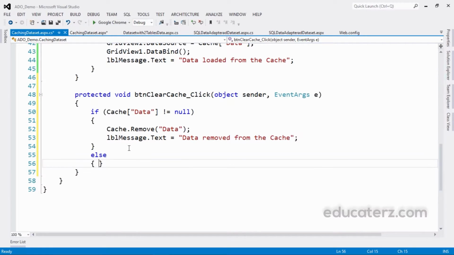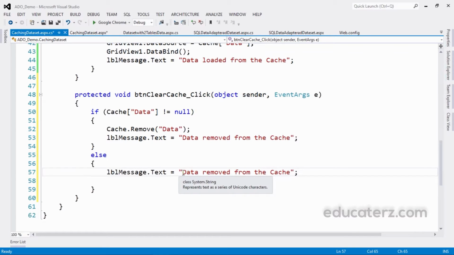Else, let me take this: There is nothing in the cache.